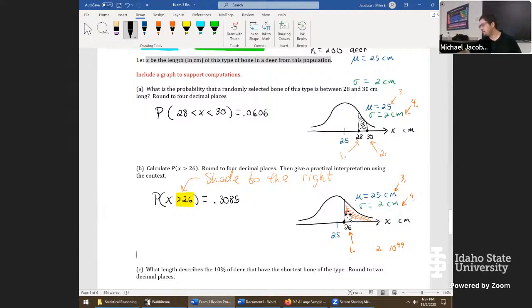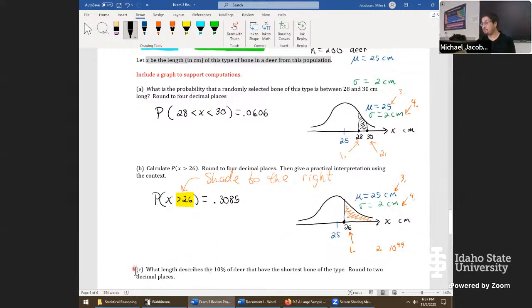Looking at this graph, I'd say that's plausible. If I were to have guessed, I probably would have said 40%, but I'm going to trust the calculator on this one and not my not great by-hand sketch. These pictures are only meant to organize information. I try to put that value of 26 about where it would be, but it doesn't ever have to be placed perfectly. So even if the area doesn't look right, but you know you put it in the calculator right, this is still what I would consider a correct graph. It does not by any means have to be perfect.